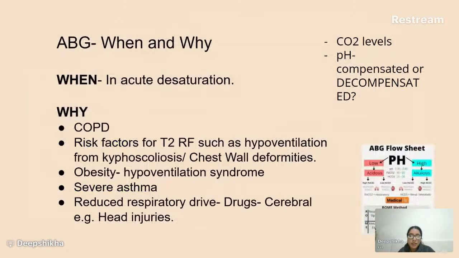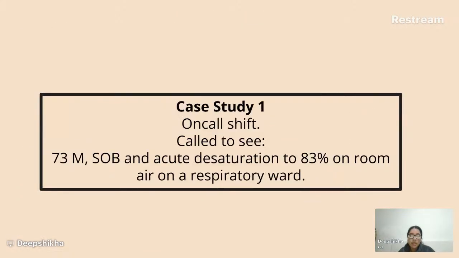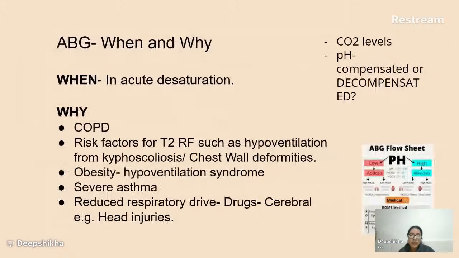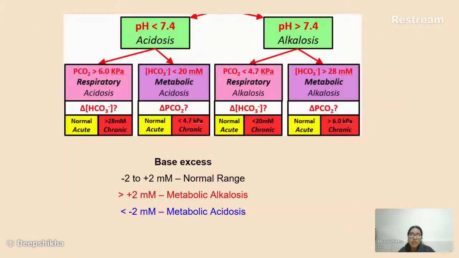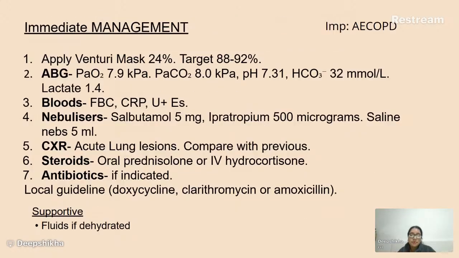So we're just going to go back to our case. The 73-year-old male, short of breath, acutely desaturated. We've done the ABG on him, and he is finding it quite hard to breathe. At this point, because he's not maintaining saturations on Vermeer, we've applied a Venturi mask, 24%. It can go up to 28, so it's 24 to 28%. And we set his target oxygen saturations to be 88 to 92 to reduce the risk of depressing that hypoxic